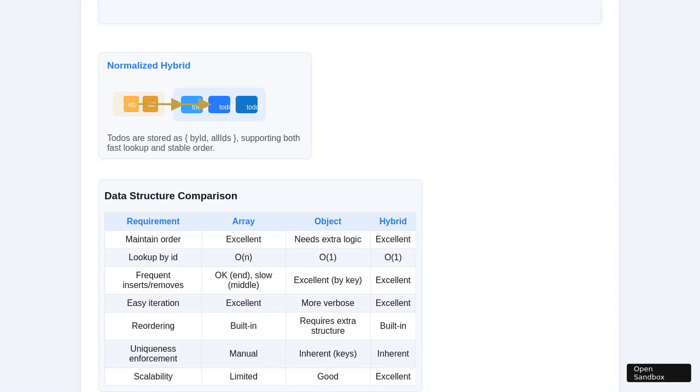Finally, a detailed comparison table and an architecture diagram are revealed, summarizing the differences and behaviors of the array, object, and hybrid storage methods. The demonstration concludes with a final pause, allowing for review of the interface and its various